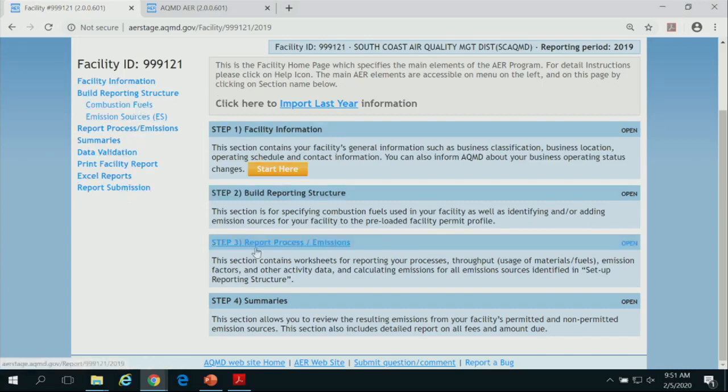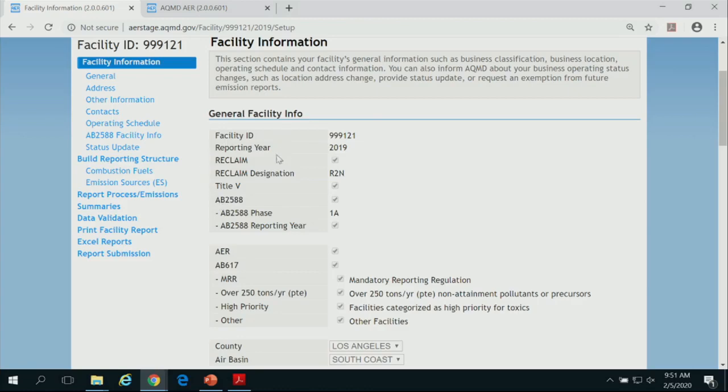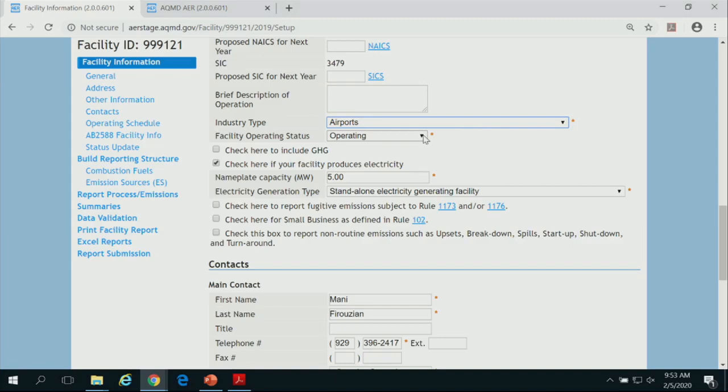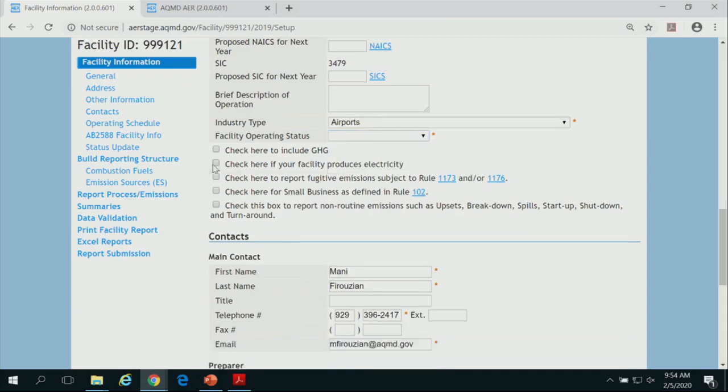For the sake of this demonstration, so everybody can see, if you're not, let's say, reclaim box, I don't need to go over it. I don't need to change it. Once you import, your report configuration, contacts, everything is the same. Once you import from last year, that field needs to be filled out. So if you miss it, we'll see what happens. And there are certain features of the tool that are activated by pressing these checkboxes, not necessarily applicable to you. I'll quickly go through them.